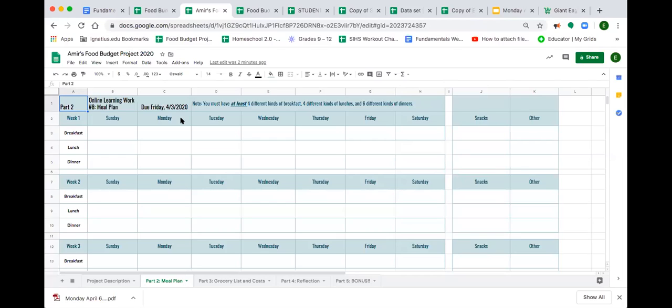So you're going in here. This is Amir's, right? For breakfast, he might have eggs and toast. Then Monday he has cereal with milk. And on Tuesday he still has cereal because he has to get up early and doesn't have time to be making stuff. Okay, so you need to go in and have at least 4 different kinds of breakfast,